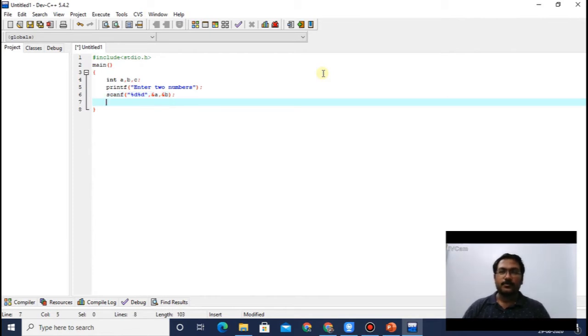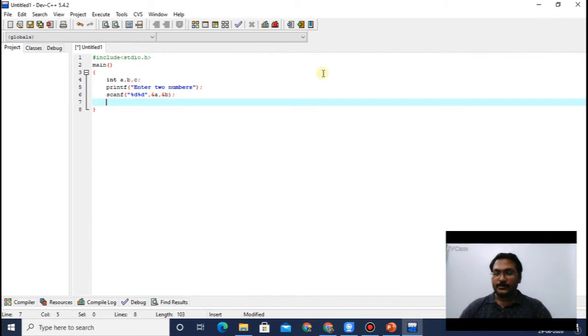Now here we will give a message to the user that a is equal to something, b is equal to something, and after the swapping again we have to print a is equal to something, b is equal to something. Fine. This is for the simplification of the user. As a programmer we know that it will do the work, but for the user it will be user friendly. The user will know, yes, the thing is this, and after the swapping this happened.